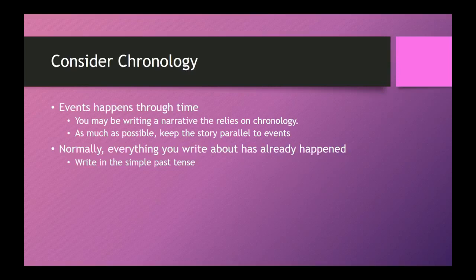Normally, everything that you're going to write about, even if you're writing about your observation or your own field work, has already happened. And use simple past tense. All the past tenses that end in ed. Don't use imperfect past tenses that use the was and the ing. He was fighting, he was dying, he was doing this, or he would do this. Any of the verb to be with